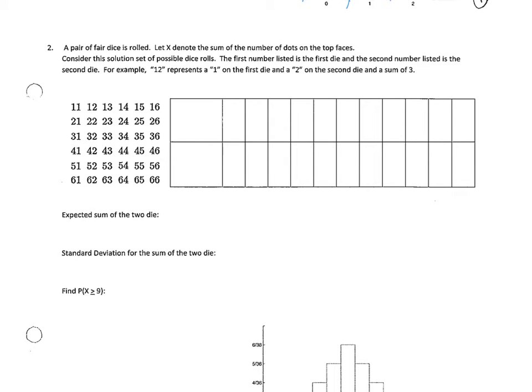Here's this situation. You are going to roll a pair of die, and X is going to be the sum of those 2 die. So let's fill that in right here. X equals the sum of the 2 die. And of course, down here, we will find out the probability of getting that particular sum.